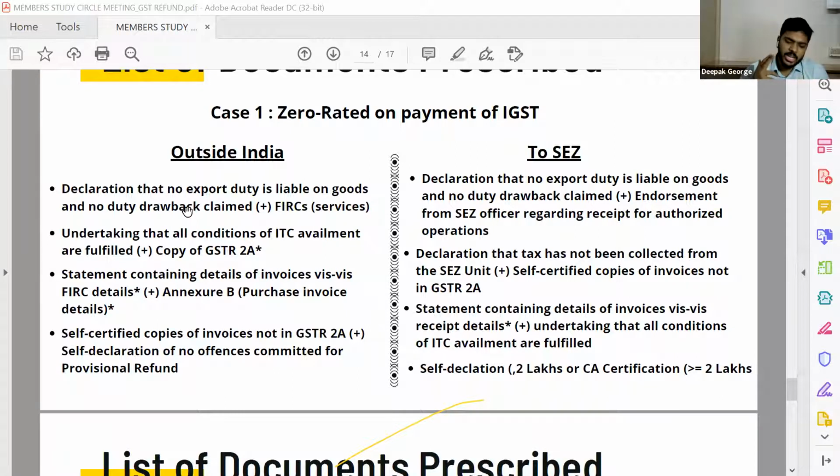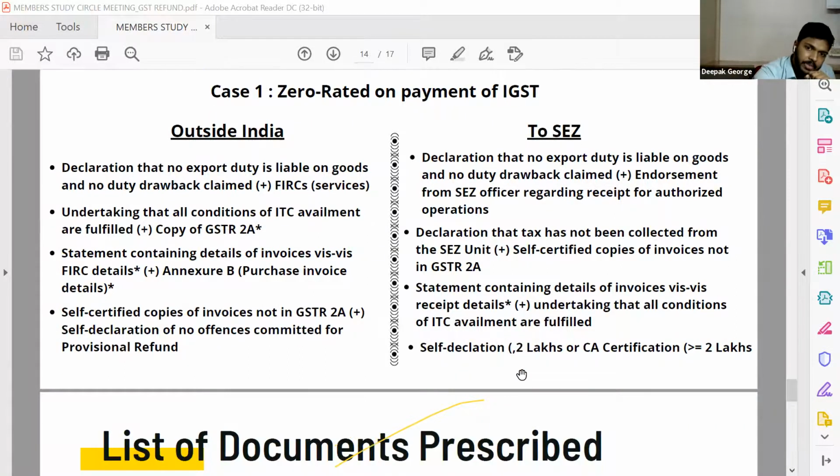Also, a declaration that you have not collected any sort of tax, basically IGST, from the SEZ unit, that declaration also. And then all the others remain the same. You can see a last point here, which is quite new to me, and this can be a scope of work for our chartered accountants. A self-declaration, it is basically